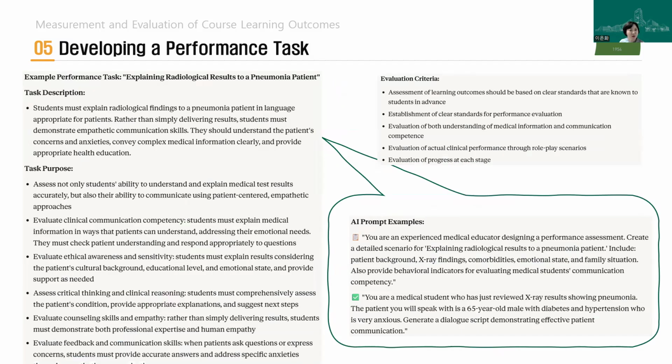Let me show you a detailed example from nursing education. A performance task explaining a radiological result to a premenopausal patient. This task description, you can see, contains task purpose, multiple assessment